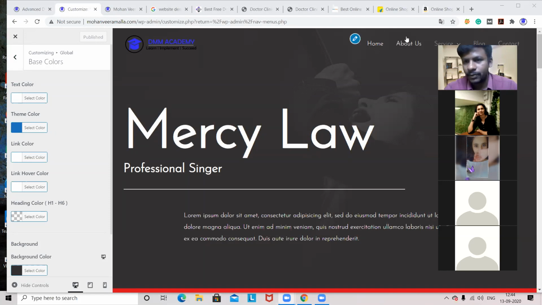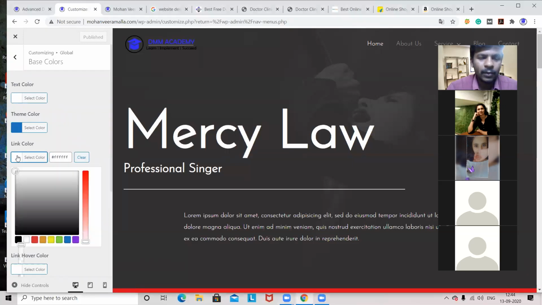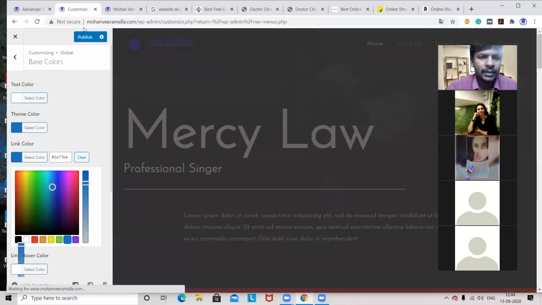So for this theme also, when I go to the services, now by default it is white. Now if any option is there from here, I can change. See here, link color is white. When I'm hovering also, link color is white, but I want link color in blue color. I can change this color. As of now it is in white color. I'll change this to blue color.